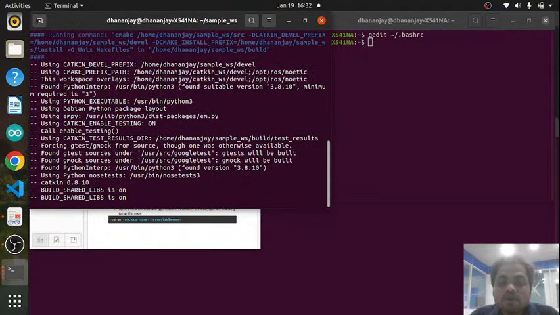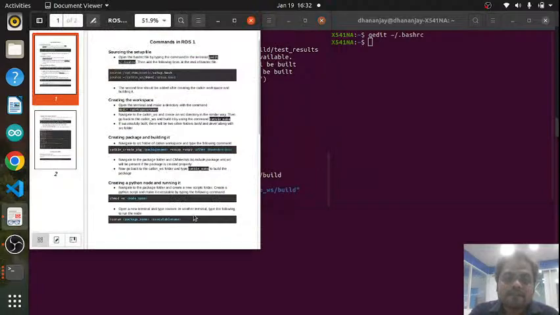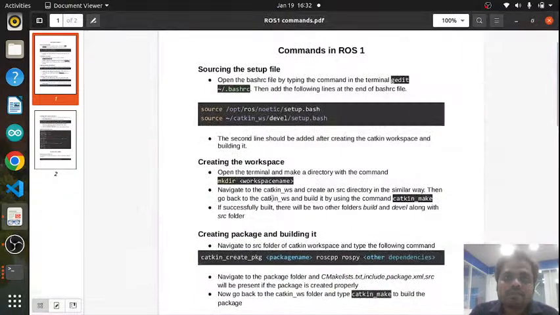You can see the name of the package, the sample package is being displayed here. So whenever we have to build a package, we have to navigate to the workspace folder and then type catkin make. Okay, so now that we have built the package,